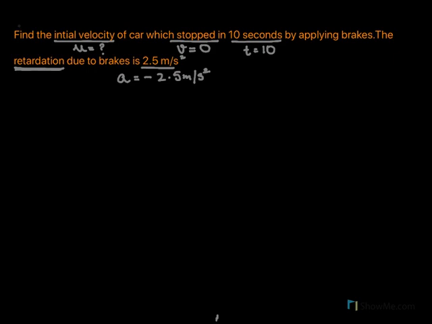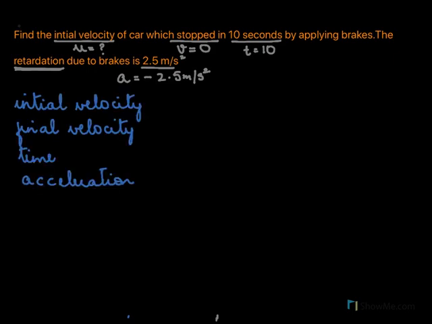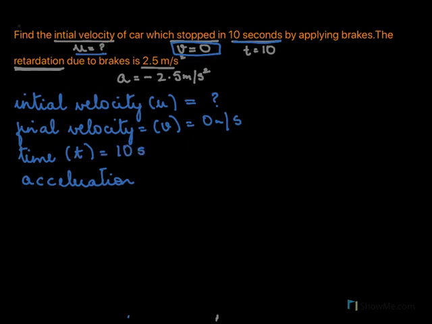So let's write the information. The initial velocity we need to find. So the initial velocity u, this we need to find, that is our question. The final velocity is given as 0 because the object stops, so v equals 0 meter per second. The time is given as 10 seconds, so t equals 10 seconds. And the acceleration, they said, is